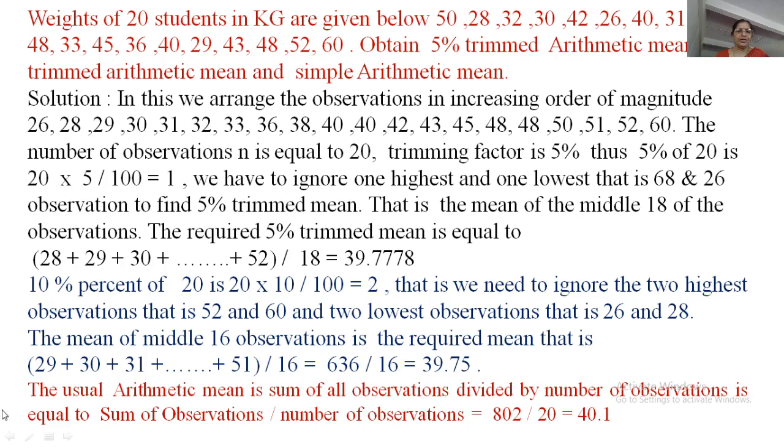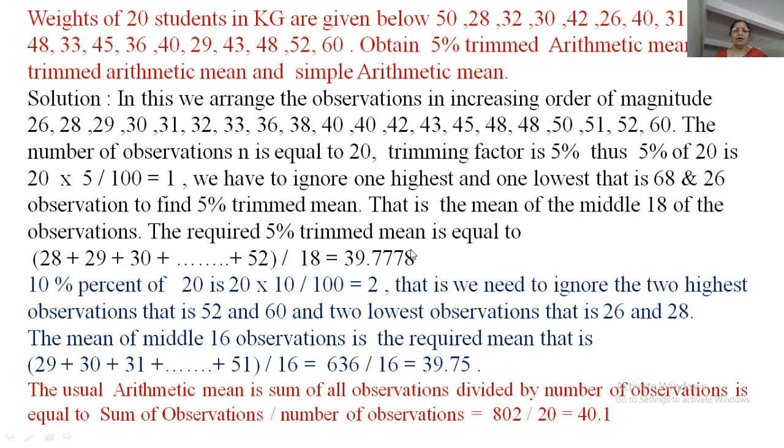If you compute the arithmetic mean of all observations, when you have a total of 20 observations, the true arithmetic mean of these 20 observations is 40.1, and now the trimmed mean is 39.788 by deleting the lower alpha percent and upper alpha percent of observations. If we take alpha equal to 10%, 10% of 20 is 2. So you delete the first two observations from the lower side and the first two observations from the upper side. Therefore, your arithmetic mean becomes the sum of all middle 16 observations divided by 16. So the value is 39.75.